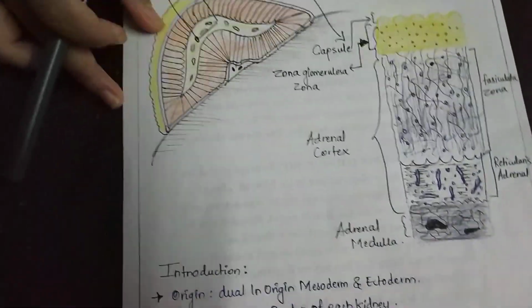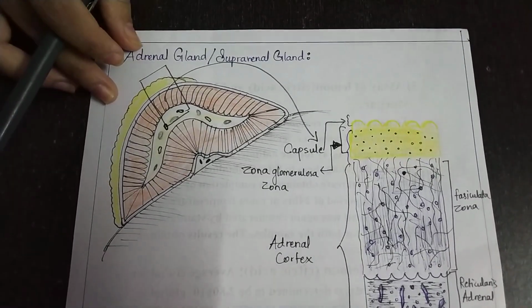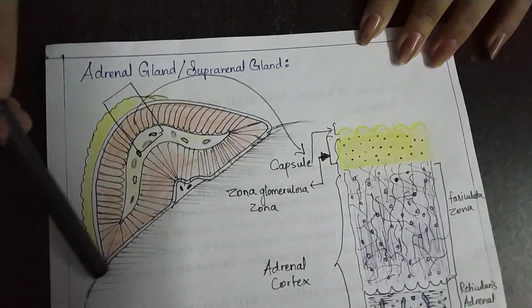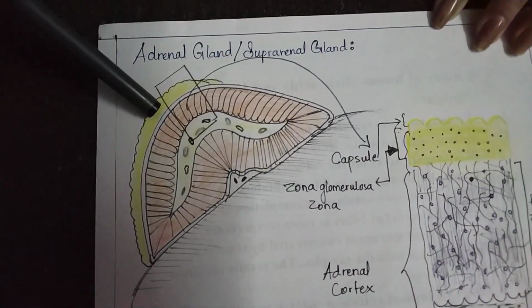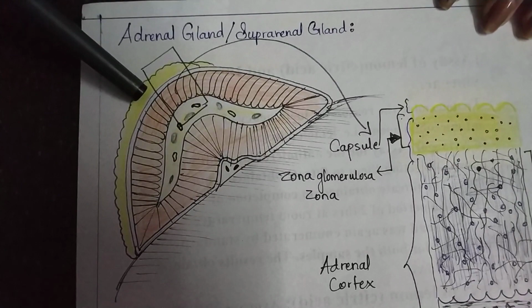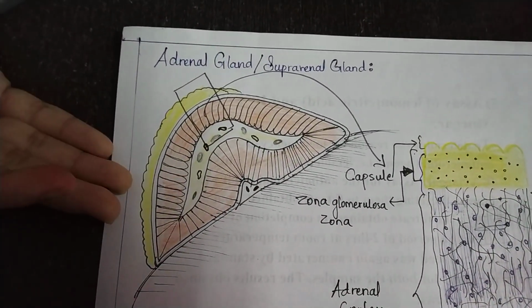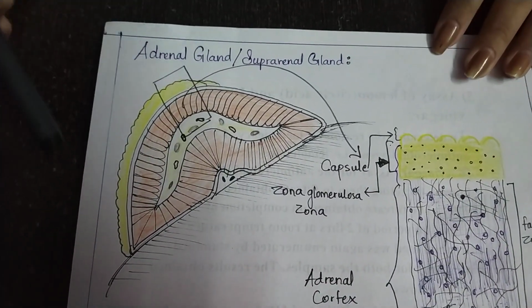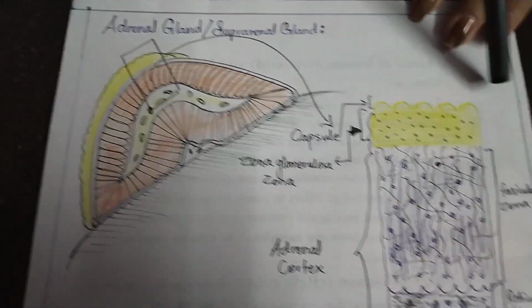Okay, now this is a diagram that I have drawn from your textbook. You can also refer to this diagram in your textbook itself. So this is your adrenal gland. You must have seen this adrenal gland. It is like a Santa Claus cap on your kidneys, on both the kidneys. If you cut it down like this, at that time it will look like this. When I cut a single piece of it, it will look like this.